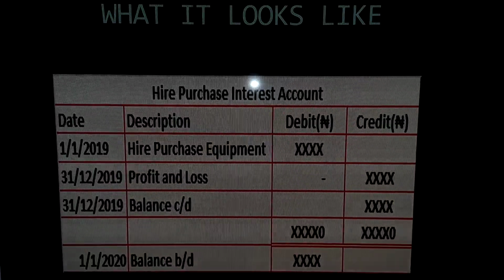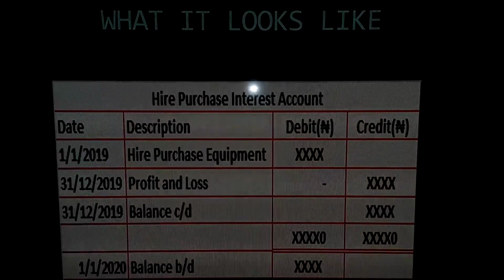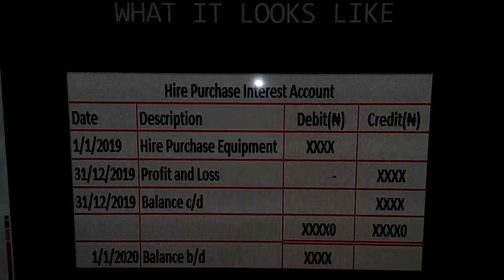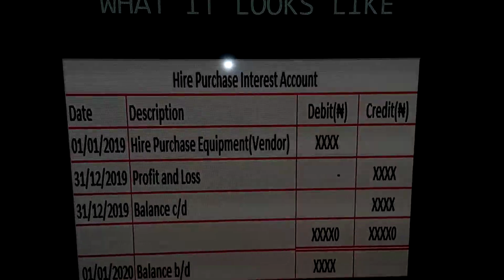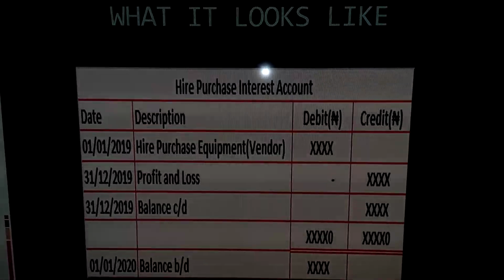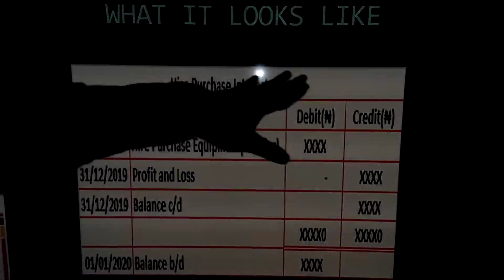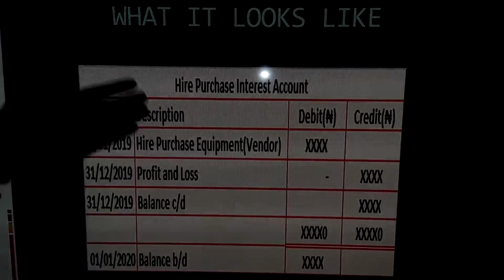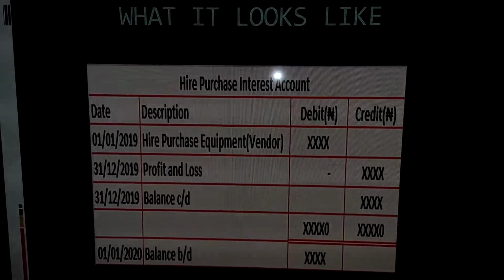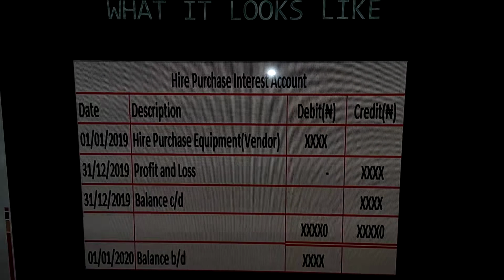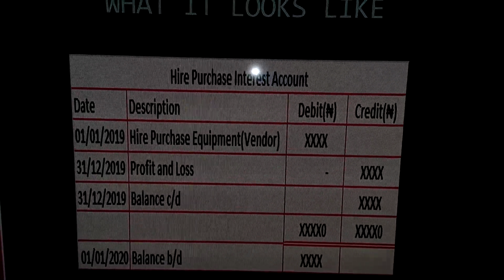So this is the hire purchase interest account. Like I said, it is the additional amount on the equipment. As I'm saying, you have already credited your vendor with the interest on the hire purchase equipment, so you debit your hire purchase interest account here. You gradually write it off to your profit and loss. As a matter of fact, the idea is that you are paying over a period of time. So as you reduce